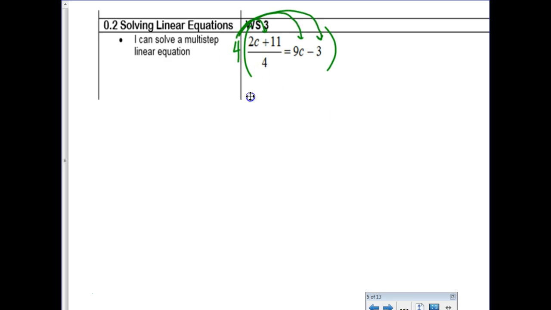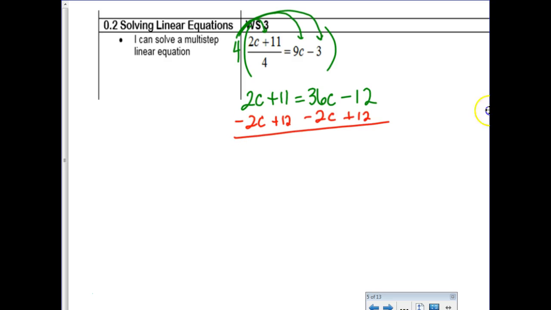So this first term, the 4's cancel, and you still end up with 2c plus 11. But now this is a 36c, and then a minus 12. So you created a new equation, but at least there's no fractions. So subtract 2c, group the c's together. How about at the same time we group the constants together? And it will say in the instructions to leave your answer as improper reduced fractions, so keep that in mind. Alright, let's see, that's a 23 equals 34c, and then dividing by 34,